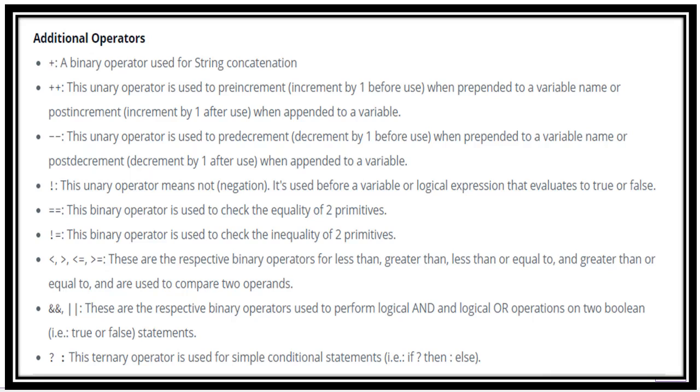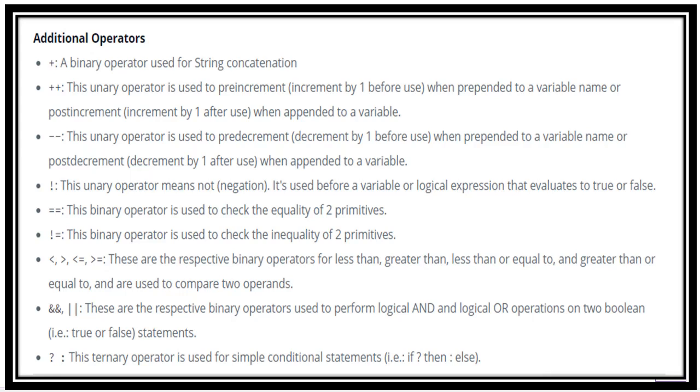Now, when prepended to a variable name, or post-decremented, that is decrement by 1 after use, for example, i is equal to 2, then when we use the i value, it will be 2, and when we use the i value the next time, it will be decremented by 1. So the i value becomes 1 when we use it the next time. Basically, in loops we use increment and decrement operators.